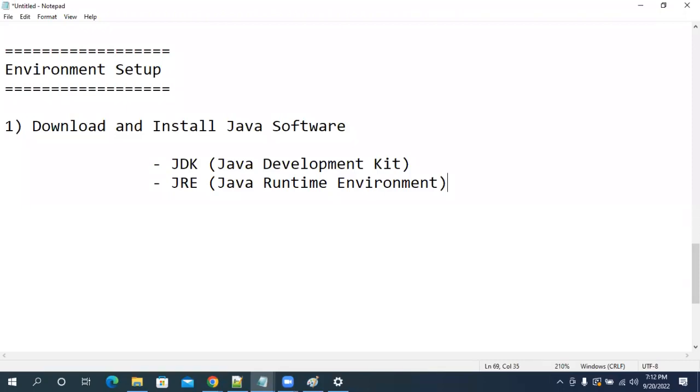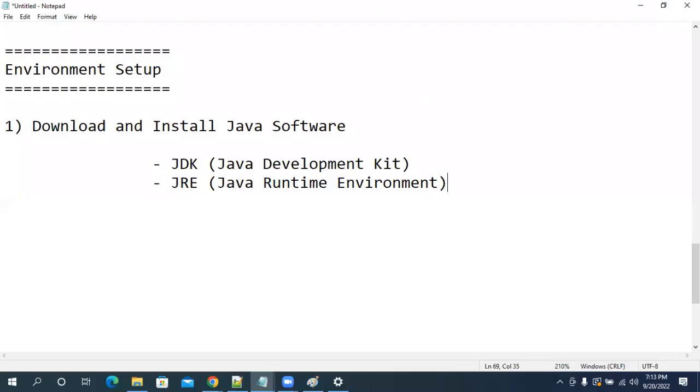Are you guys clear with this one? As a developer, we are going to use this Java Development Kit. You might have seen a cricket kit. What is the meaning of cricket kit? Bat, ball, socks, gloves, like that. Some set will be available, and using that you can play the match. Yes or no? Similarly, here the Java Development Kit is there.